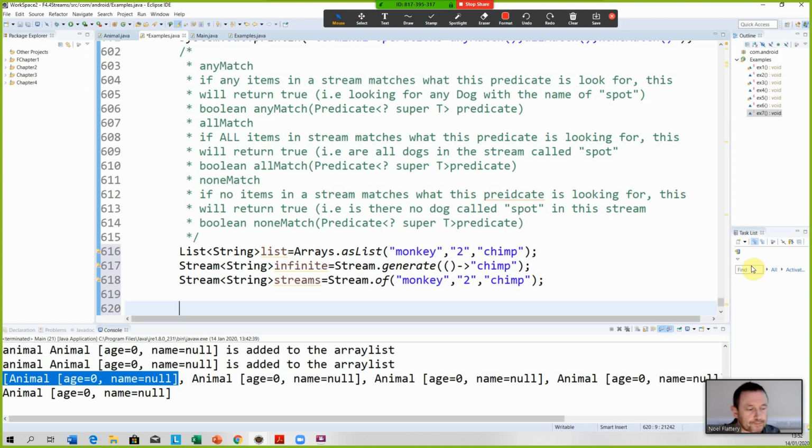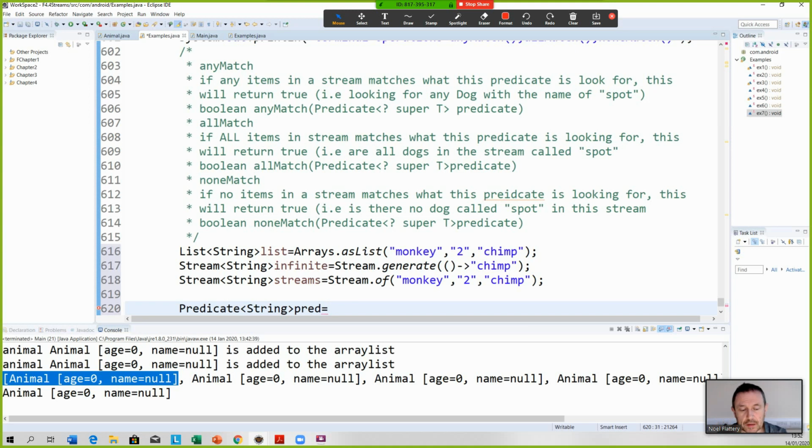So rather than having to type this out each time, we're going to use this predicate numerous times. This is going to be a predicate that takes in a string. We're going to call it pred